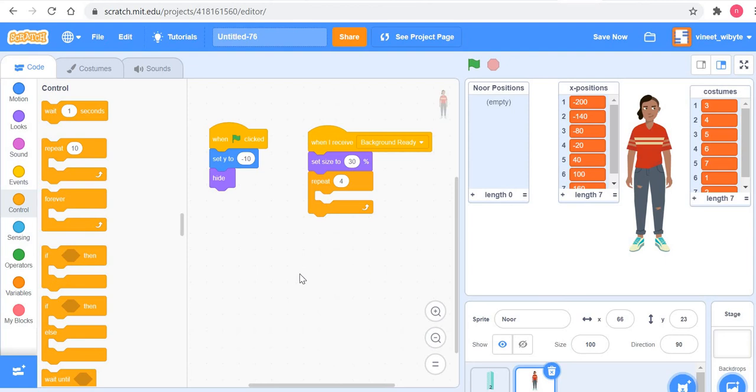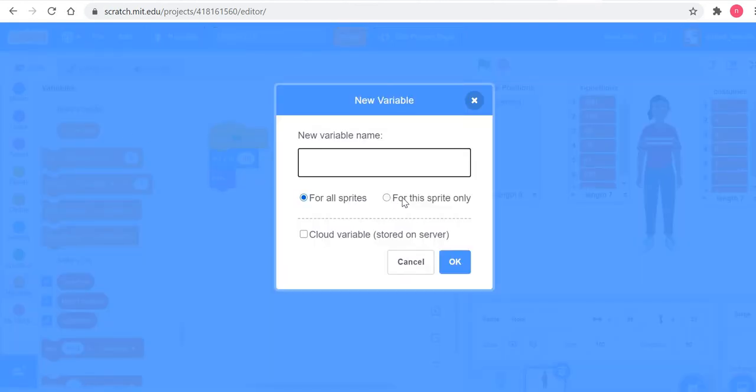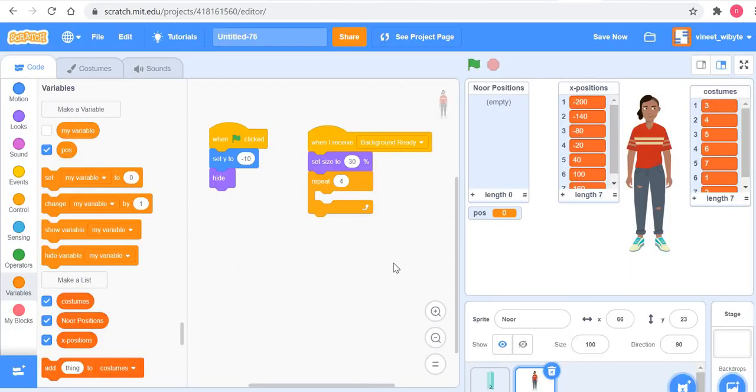Now I'm going to set a variable. I'm going to create a variable called POS, right? Now the name of this variable may seem odd, but that's okay. So I'll just call it POS, as short for position, right? It's also good to get used to some of these programming tricks where we don't name everything very large and we kind of understand what it means, right? So POS here means position.